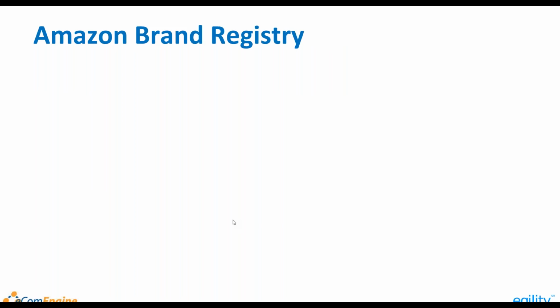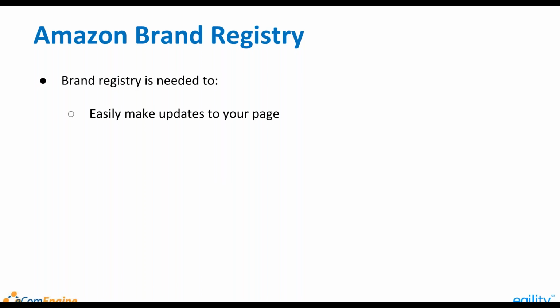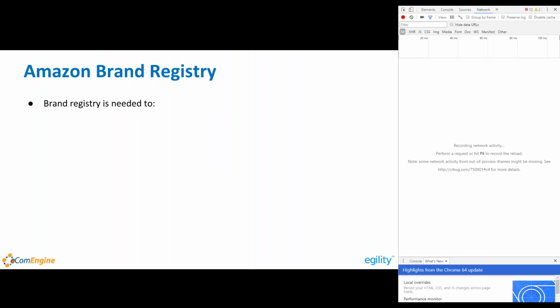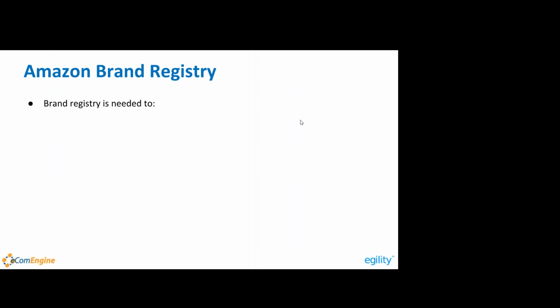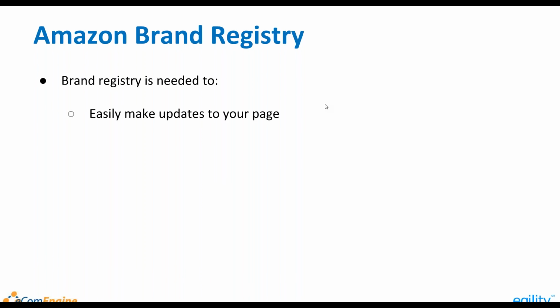All right. Before we get too far into product page optimization, we need to discuss brand registry. Brand registry, if you've sold on Amazon for any length of time, you're probably pretty familiar with it. And one thing I do want to point out is the old registry is being deprecated. So in years past, you could sign up for the brand registry pretty easily. Just had to show your logo, show a URL, show a few other things,